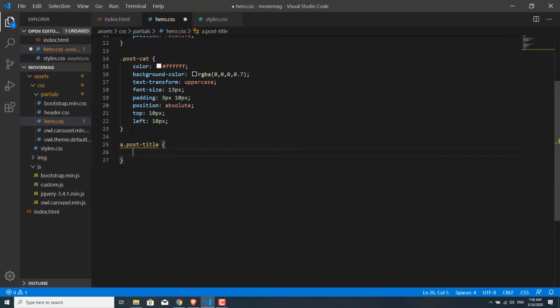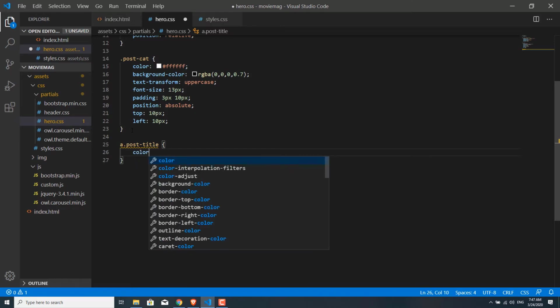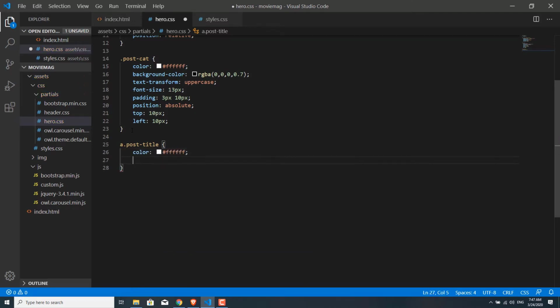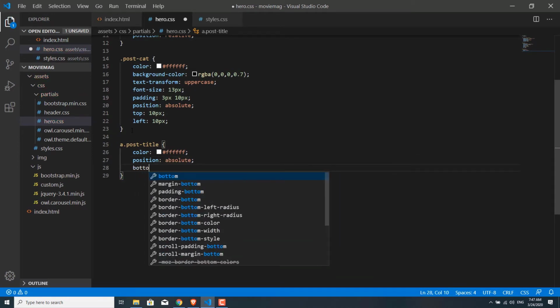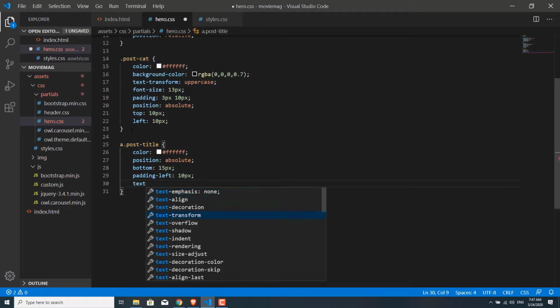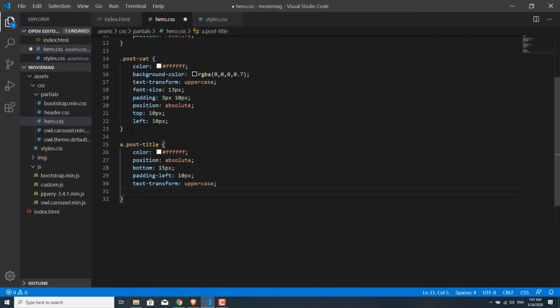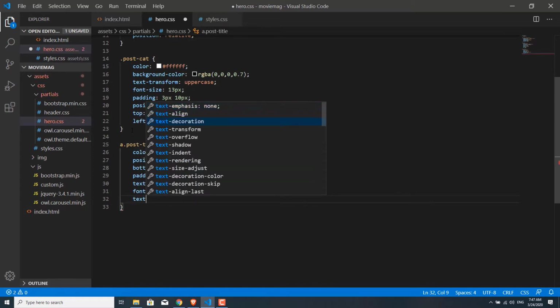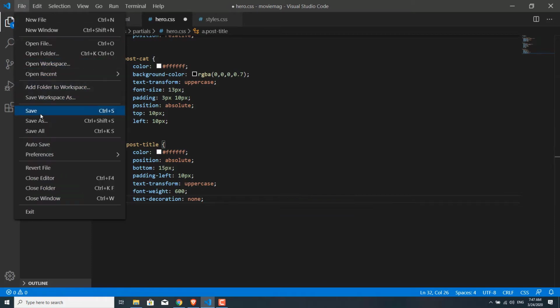Let's add a white color for the post title. Position absolute, bottom 15 pixel, padding left 10 pixel. Okay, let's save this,